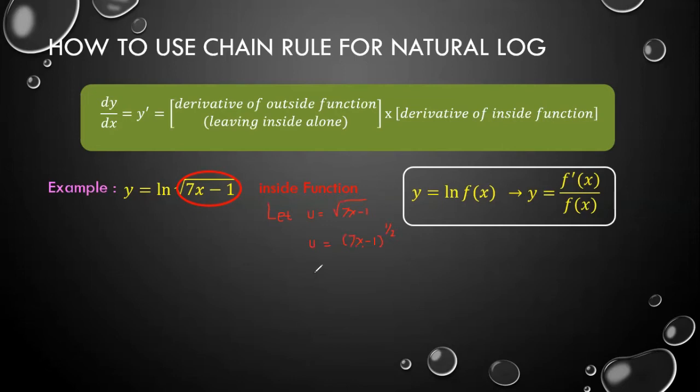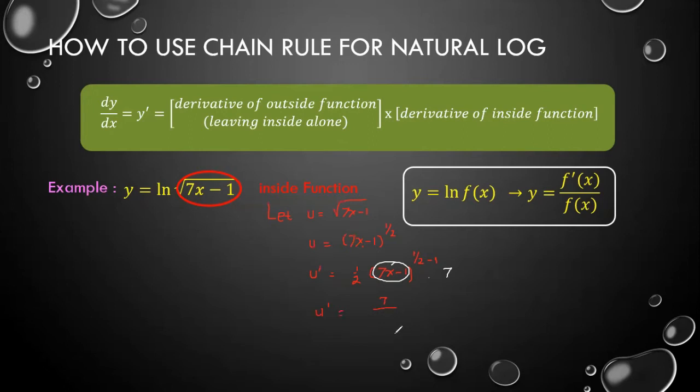Okay, now we're going to differentiate this u. u prime equals a half times 7x minus 1 to the power a half minus 1. But don't forget to multiply by the derivative of the inside function. The derivative of the inside function is 7, right? Clear? So u prime is 7